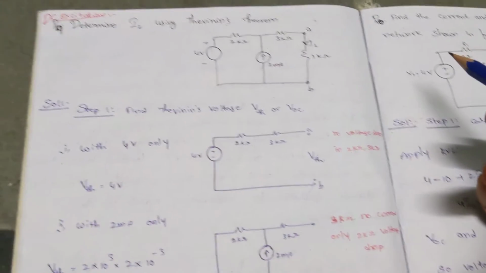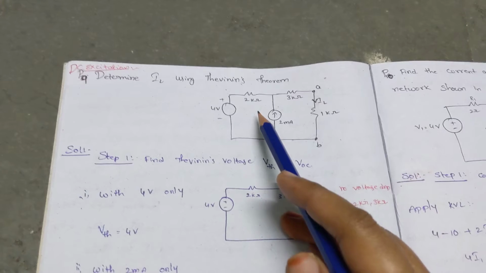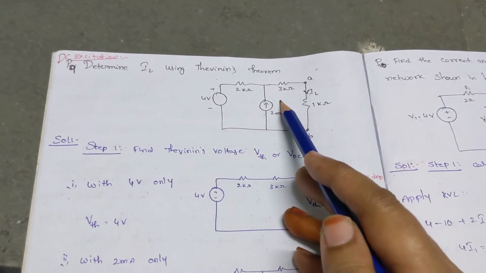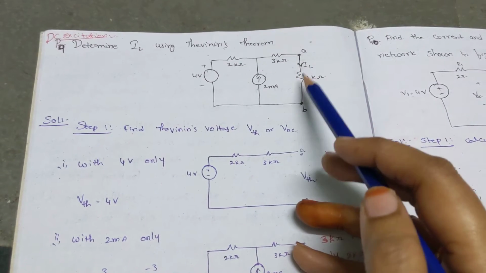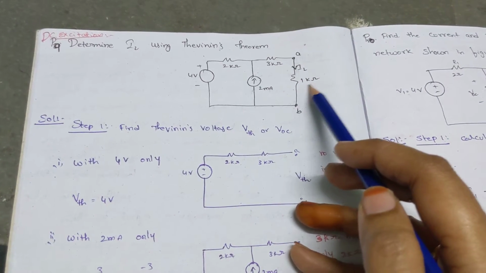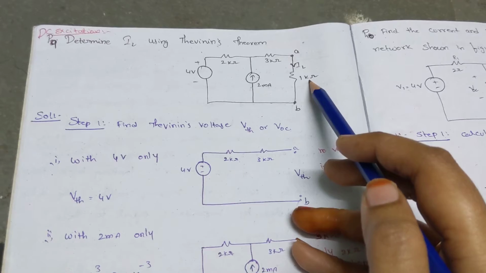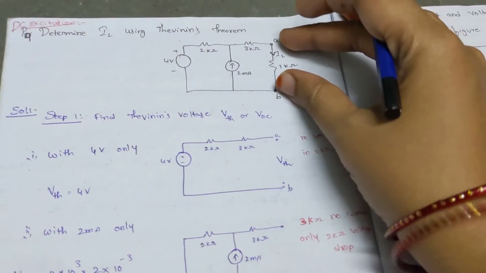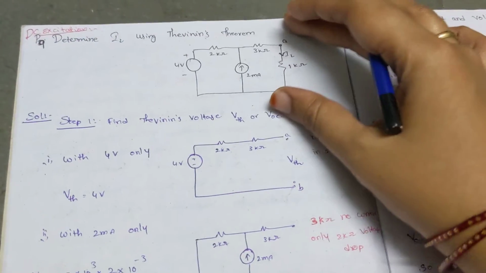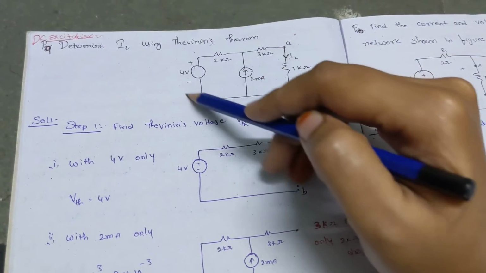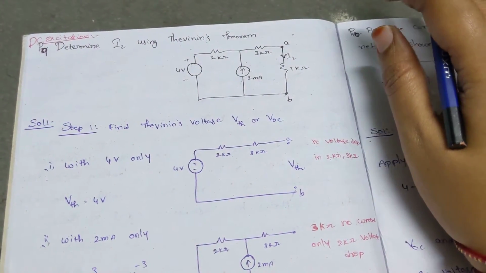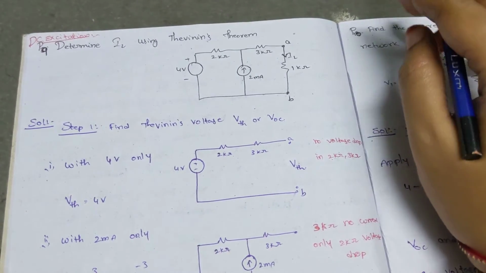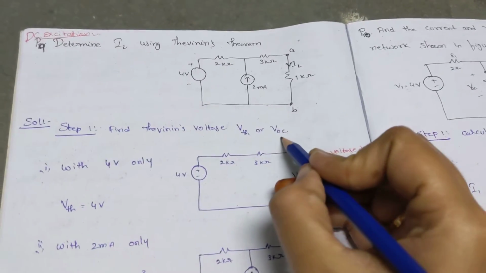Okay, here this is the circuit they provided. They ask you to find out what will be the current flowing through the 1 kilo ohm resistor. Okay, this is our load resistance. So please keep this one aside. So this is our rest of the active linear network. So the first step is we need to find out what will be the VOC.